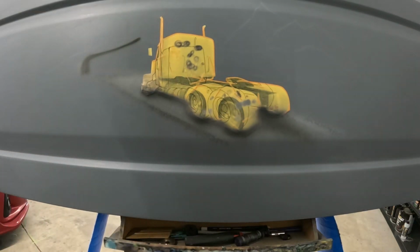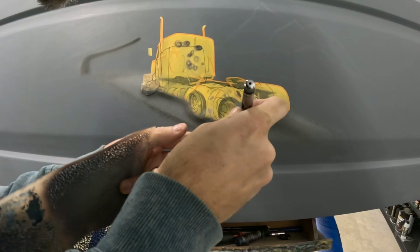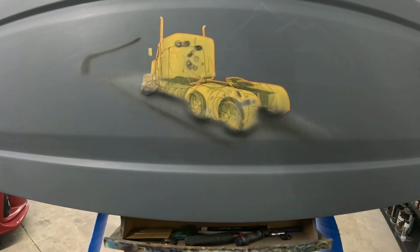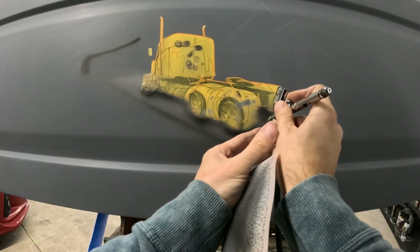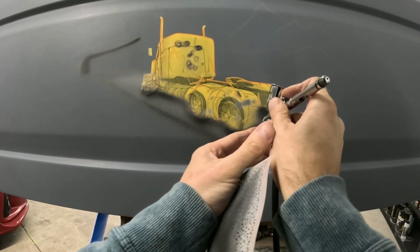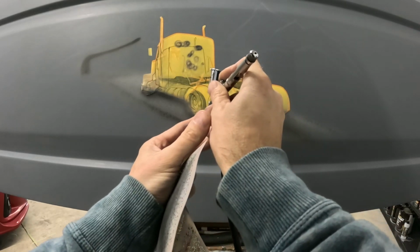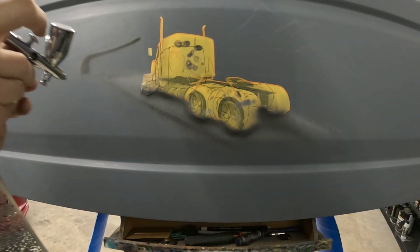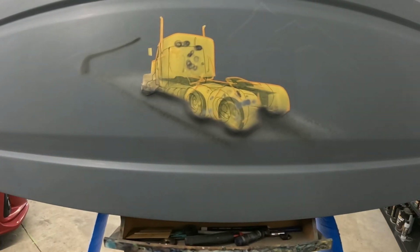All right. So I'm pretty happy with the way it looks. Kind of fade this off to the sides a little bit. So I'm calling that